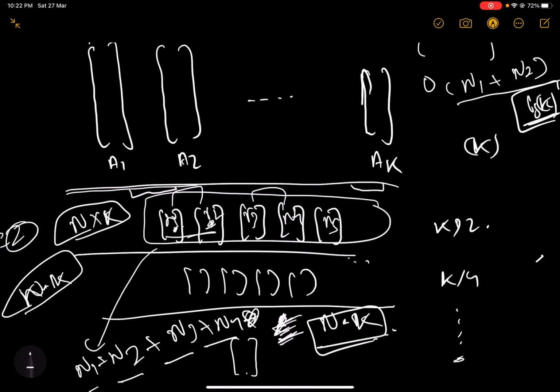All right, so in the worst case, since at each step the total time complexity of running each level is n into k, and there are log k levels in total, the total time complexity becomes n into k into log k. So this is the time complexity analysis for this problem.